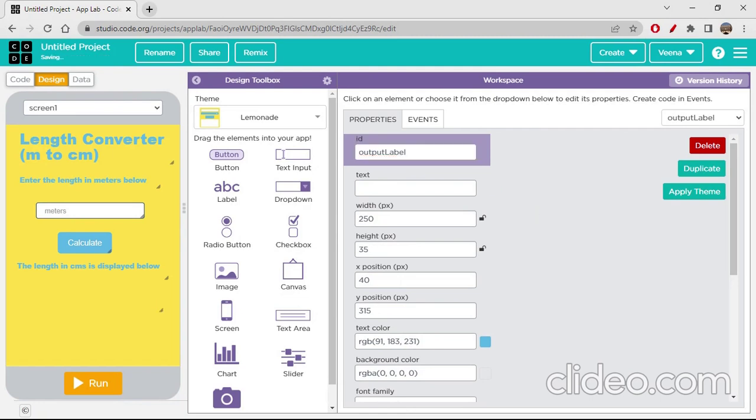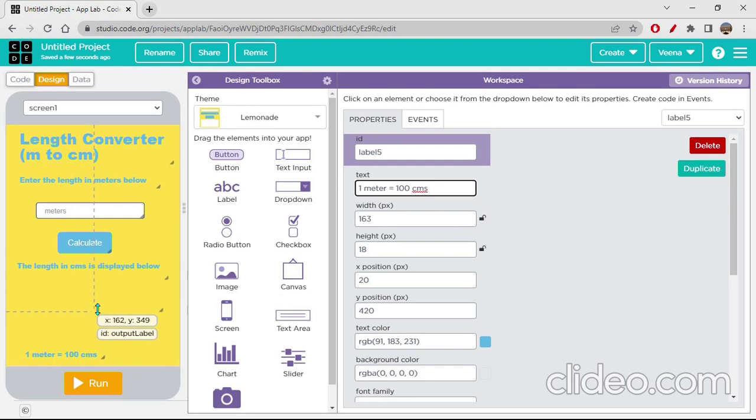Now, what next can be done, right? What if the user doesn't know how to convert meters to centimeters, and what is 1 meter equal to? So if he doesn't know, no worries. We will be displaying that on our app, right? So we can write it like 1 meter equal to 100 centimeters. So this is very simple and easy for the user to understand. Okay, so 1 meter is 100 centimeters. Whatever the number he gives, we will be converting and showing it on the output label